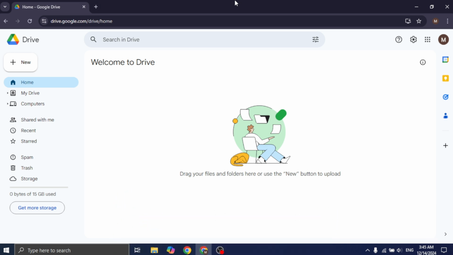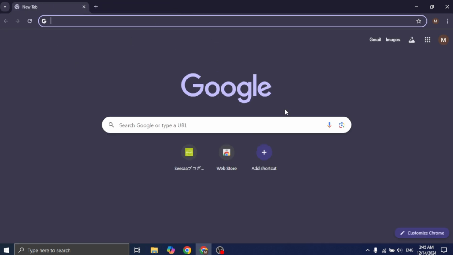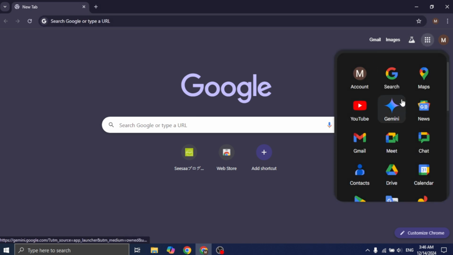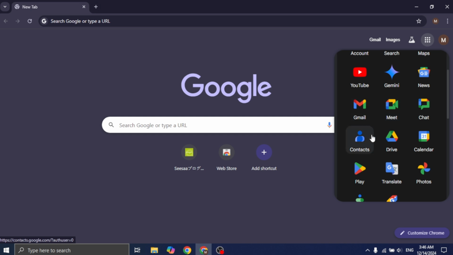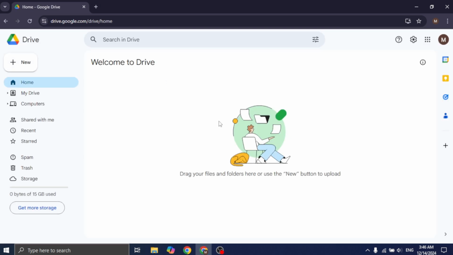So let's get started. So guys, first of all you'll have to open up Google Chrome browser, and after that you'll be able to find these dots on the top right corner, and you'll have to click on them. Now you'll have to scroll down a bit and you'll be able to find an option of Drive. You'll have to click on it and it will take you to this page, and on the top you'll be